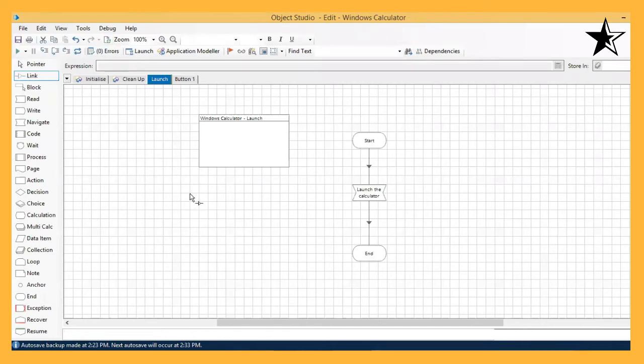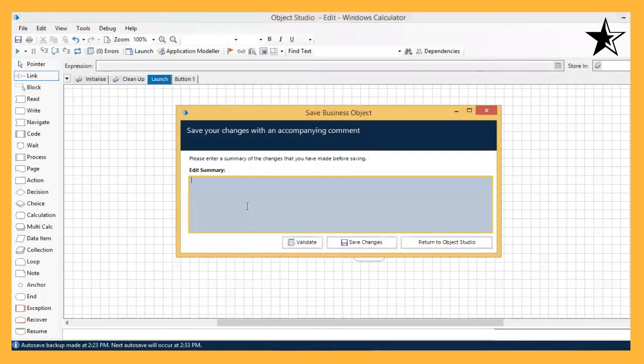Refresh. Click on save, done with the changes.